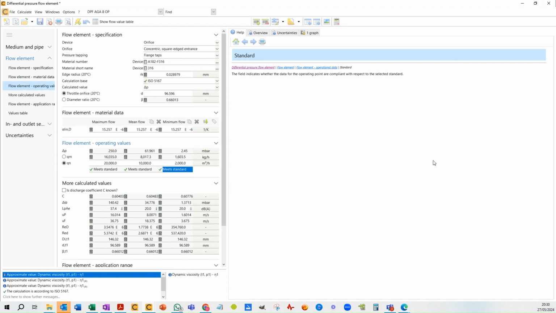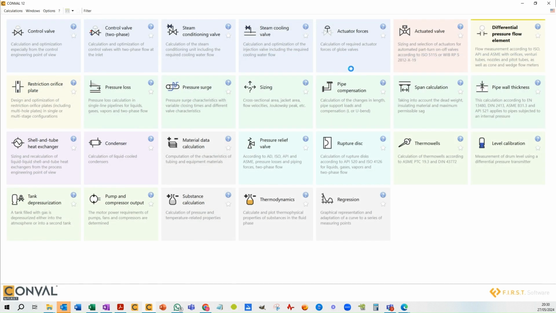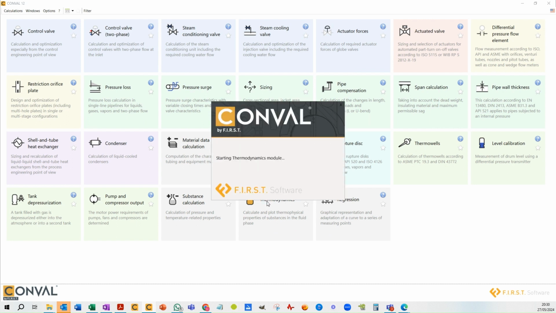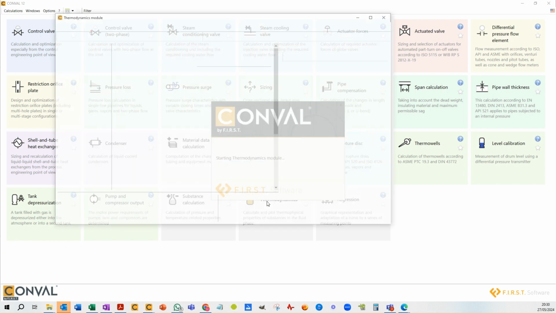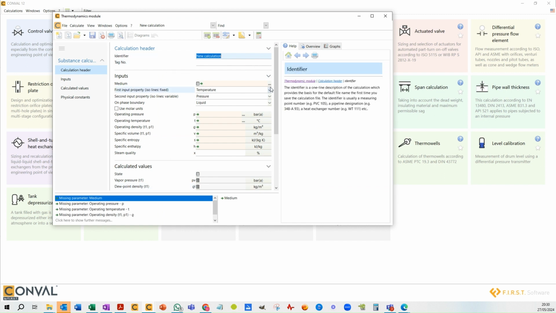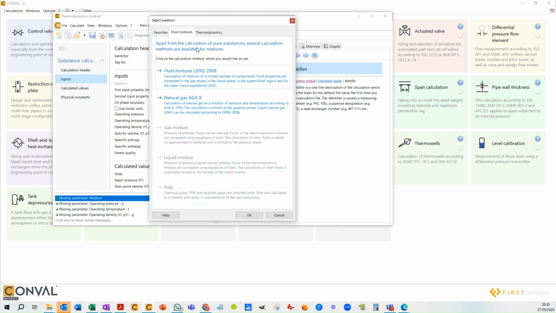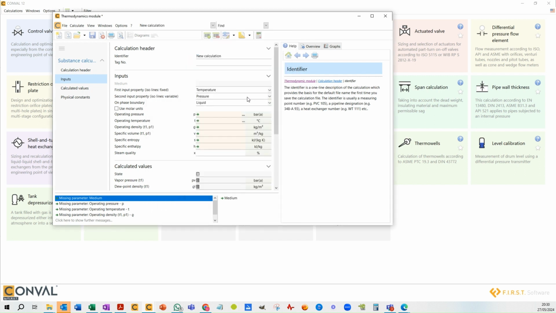I'm not going to save that. I'm just going to show you something else very quickly in the thermodynamics section. If I click in the thermodynamics, we can actually also populate the AGA 8 gas separately in here. If I click on medium, my machine's acting very slow today, I do apologise. Go to fluid mixtures, AGA 8 gas,